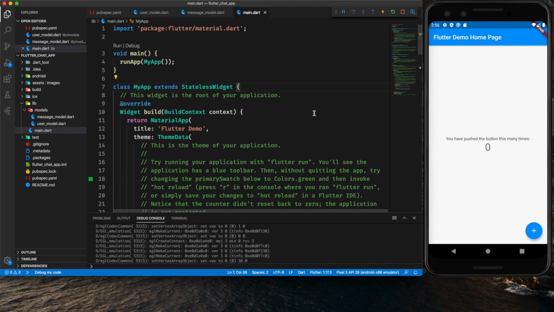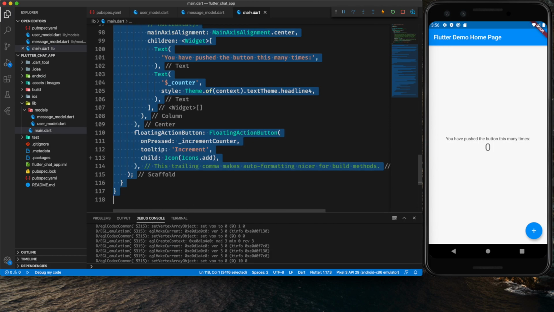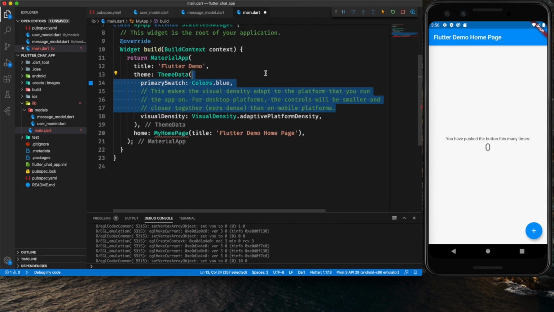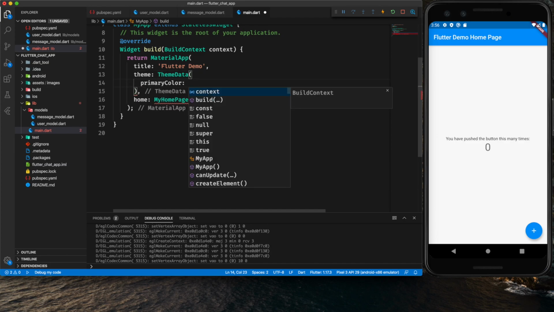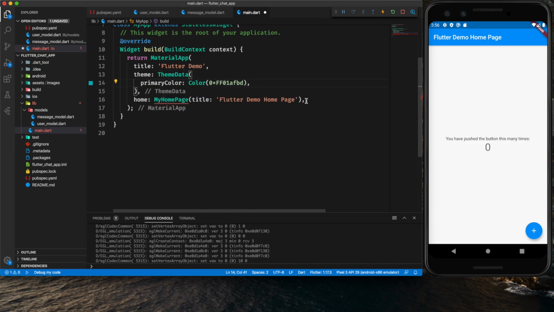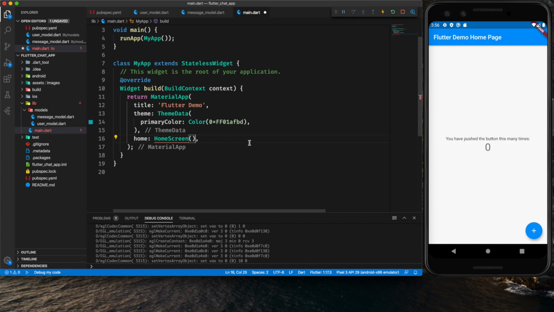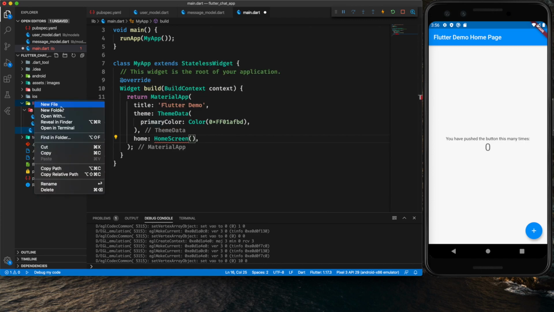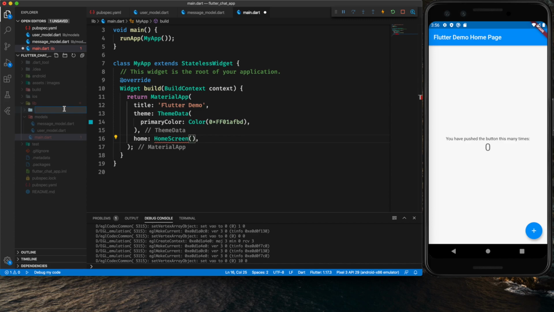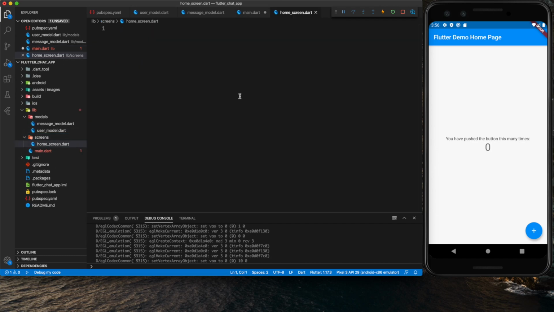Now we will clean this main.dart file, and then we will start designing our app. For our app, I will import this home screen, so I need to create this file, and for the primary color of our app I will use this color. Now create this home_screen.dart file. So for that I will create a new directory called screens, and within screens I will create this home_screen.dart file